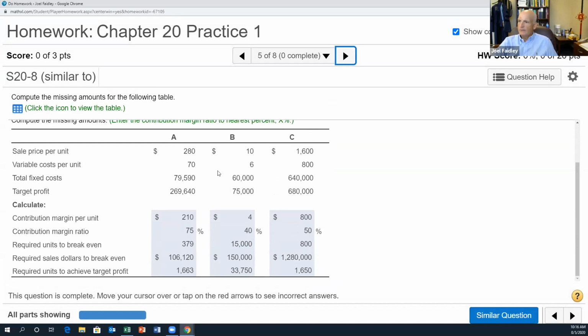Right here we got 3 different companies. Sales price, variable cost, total fixed costs, targeted profit. Right there it is, target profit. TP, as I had in my handout there at the beginning. So sales price minus variable, 280 minus 70 is 210. And that 210 divided by 280 is 75% or 0.75. Used to break even. It's going to be what? Sales price 280 times